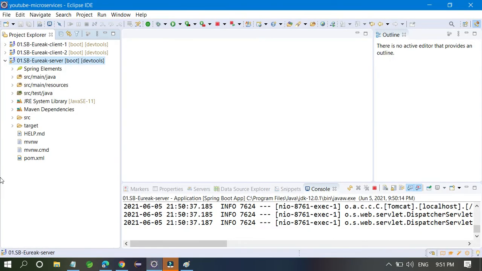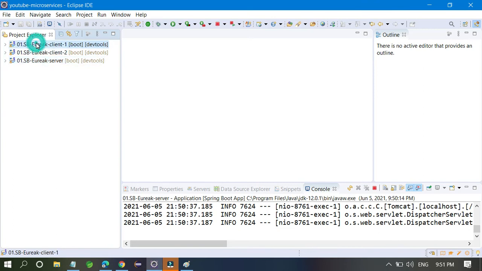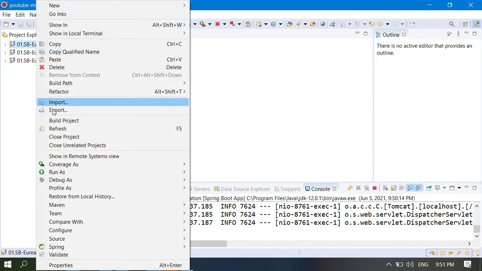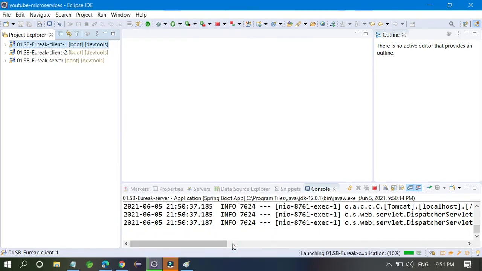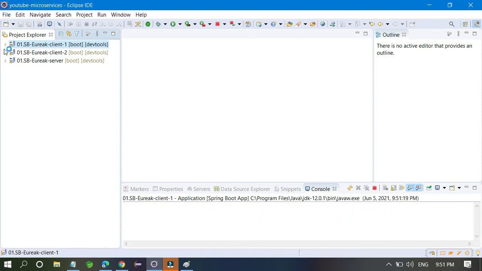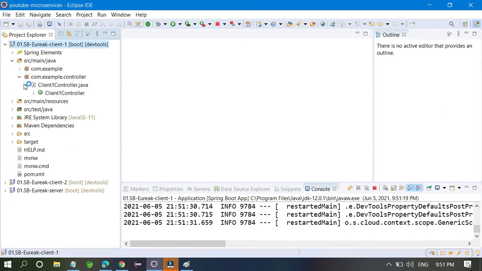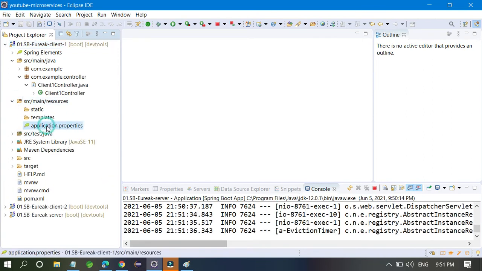So just go and run this Eureka client, and it automatically registers with the Eureka server, because the Eureka server port number is the default port number, 8761. I have given names to all those APIs.